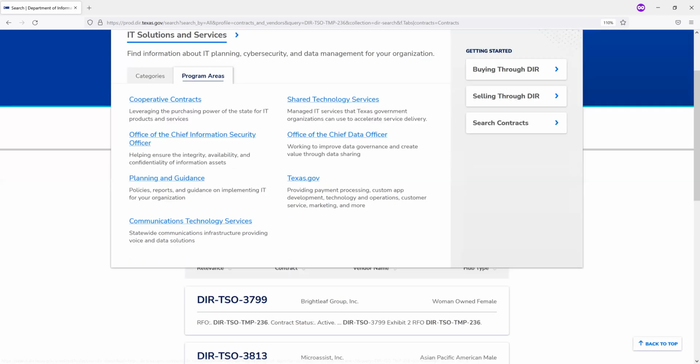I spoke about our OCISO group. I did want to make a note on OCISO. As you know, there's been talk about RAMP certifications for cloud-based services. This will impact state agencies, and as our OCISO group is crafting that policy and guidance, it will be on the OCISO page.